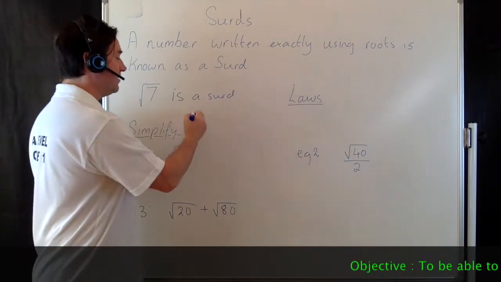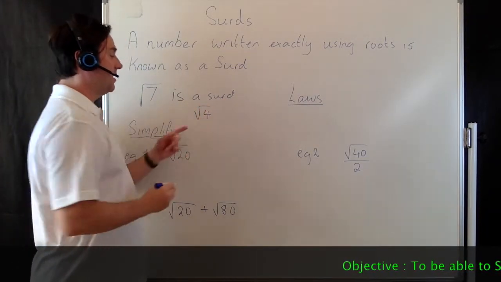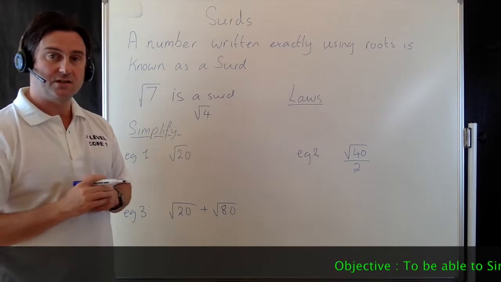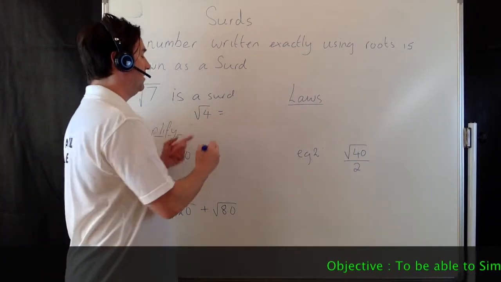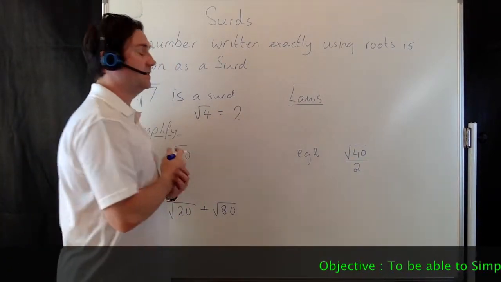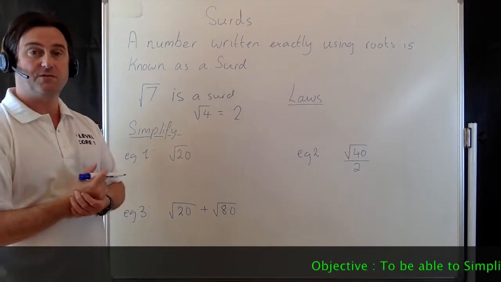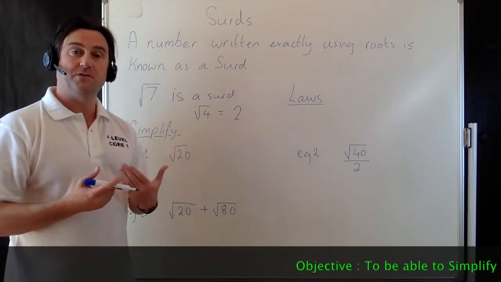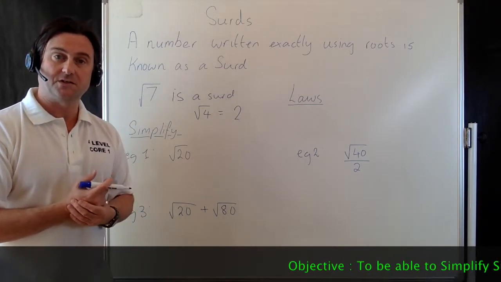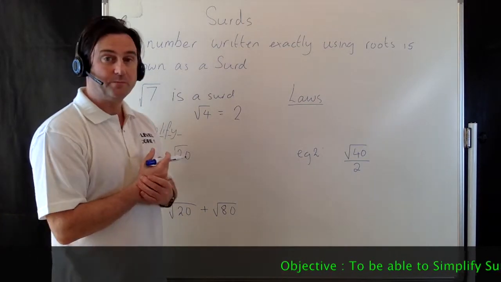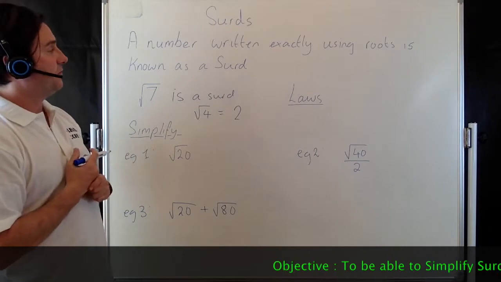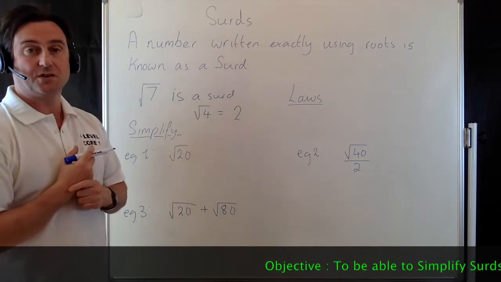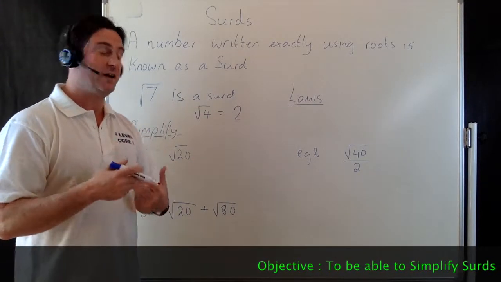However, let's say you had root 4. Now root 4 I can rationalize. I can write root 4 as an integer, 2, because the square root of 4 is 2. So it should be clear to see that all the prime numbers are going to be surds. There are more. However, if we think about the two laws of surds, we can use that to simplify lots